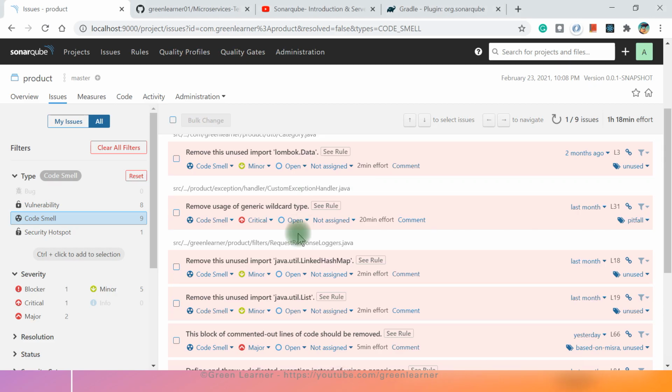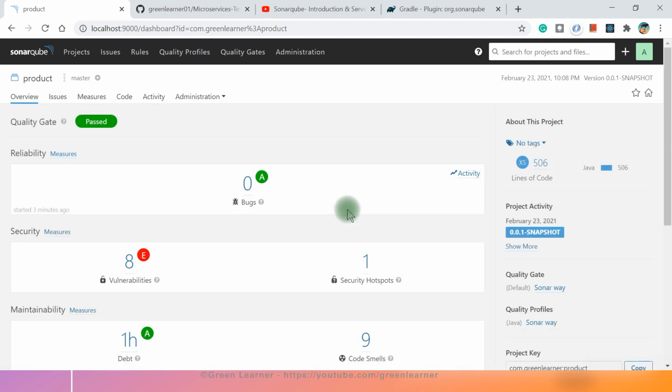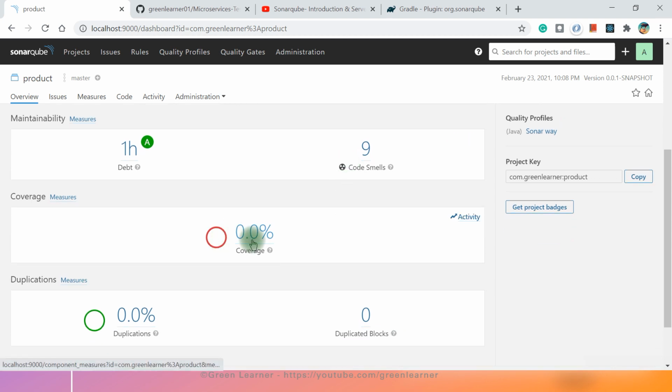So this is the post coding analysis. You can analyze the code before raising an actual pull request to merge it into the main branch. Okay, so this is what you can see. And the next thing, code vulnerability and code smells. And the last thing is the code coverage. It is also able to detect duplication. We did good coding, so there is no duplication in our code.